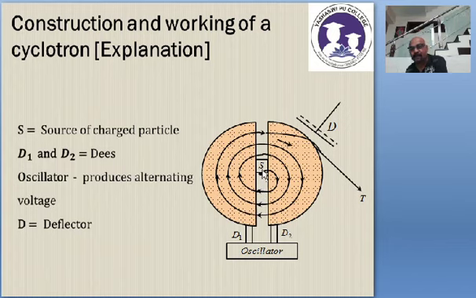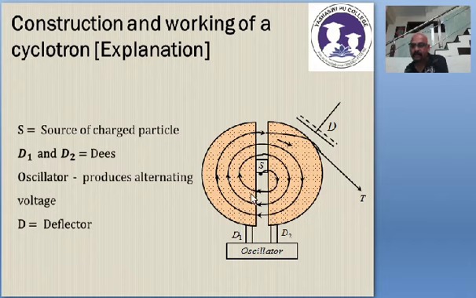By the time the charged particle makes half of the revolution and comes to the gap, the frequency of the oscillator is so adjusted that D1 now becomes negative. Why does D1 become negative? Because it is connected to an oscillator, an AC source. Therefore, dear students, listen properly. By the time the charged particle makes this semicircular path, half of the path, D1 becomes negative, and now the charged particle gets attracted by the disc D1, because D1 is now negative.